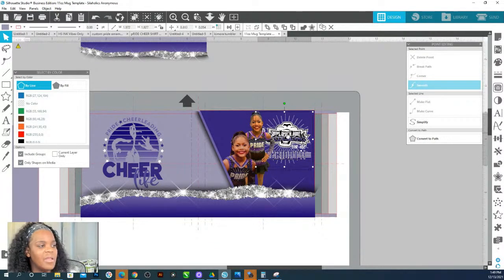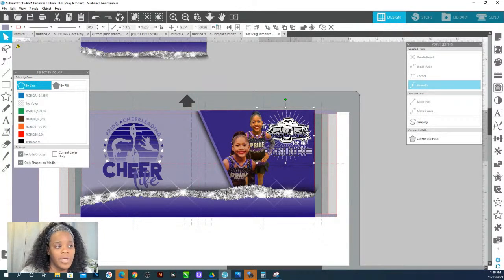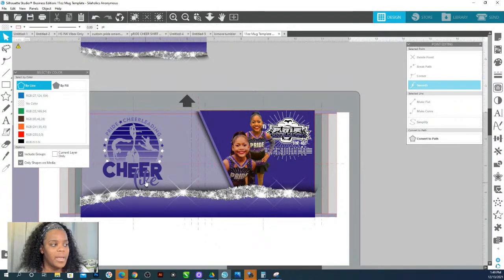I kind of like that just being behind it. You don't always have to, it's just like she's standing in front of a banner. So if you wanted to show, you can make it smaller, or if you're okay with it being there, then you can add shadows and stuff to the back. You could add a name, or I could now, like the same way I did 2021 on the ornament, I could take